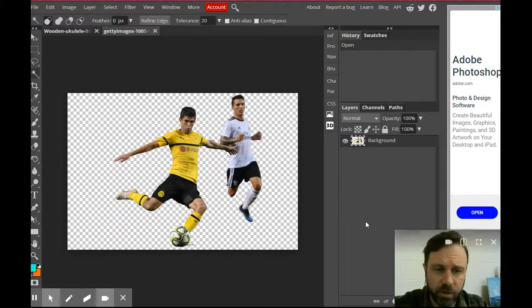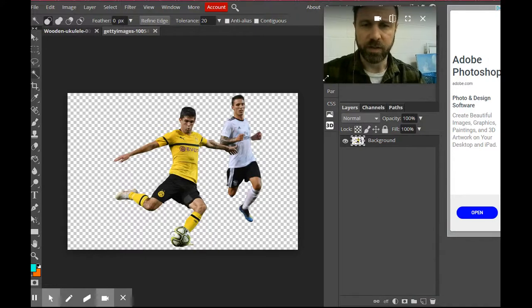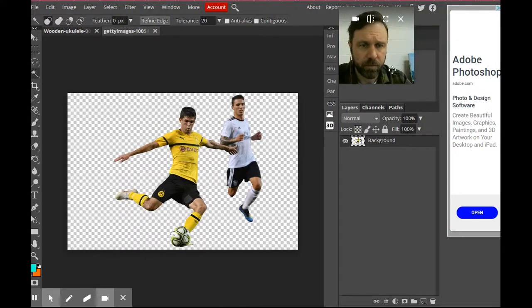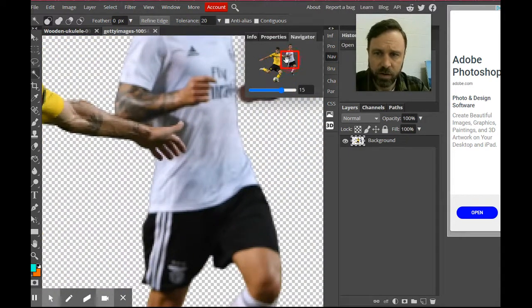Now, the first thing we're going to need to do is we are going to need to eliminate, there we go. We're going to need to eliminate the other player. So again, all I'm going to use is I like the polygonal lasso tool. I find it easy to use. So I'm going to neatly go around here